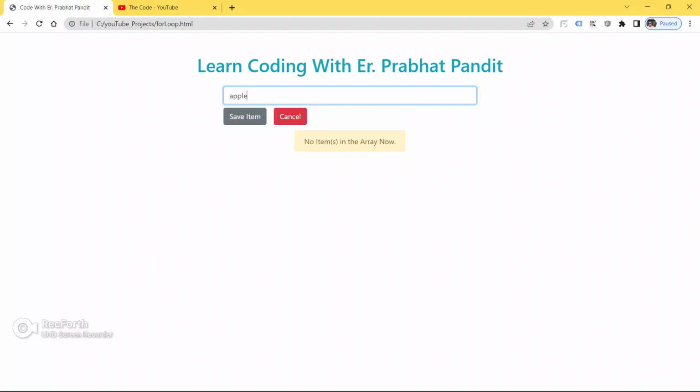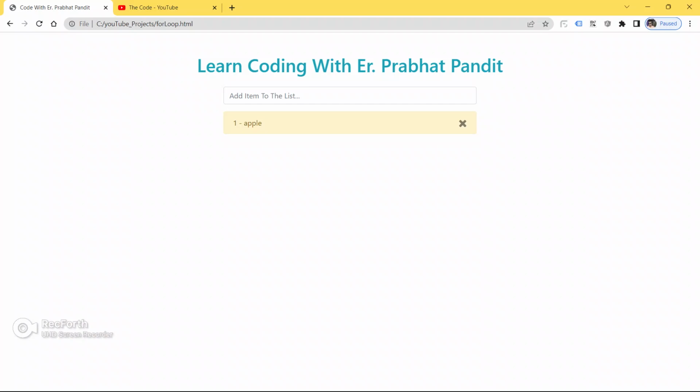Let me put apple. Let me click on the button save item. See, now we got one item in our array and the text also disappeared and the button also disappeared. As soon as you start typing again in the input box, then only you will be able to see the buttons.